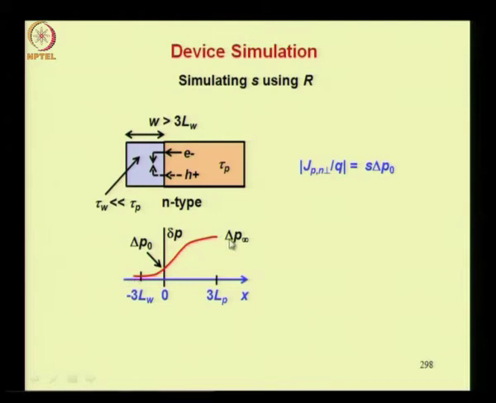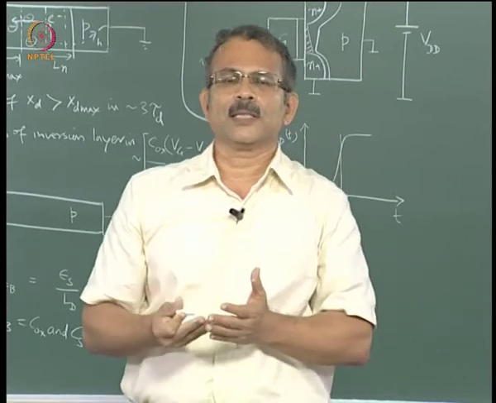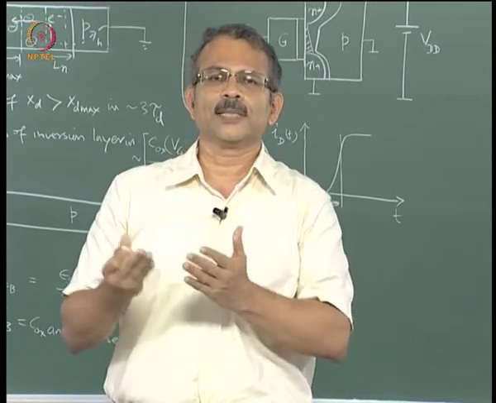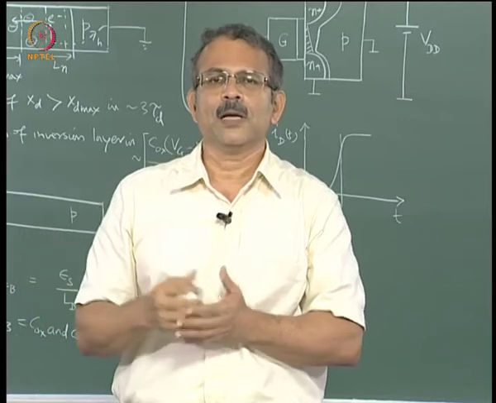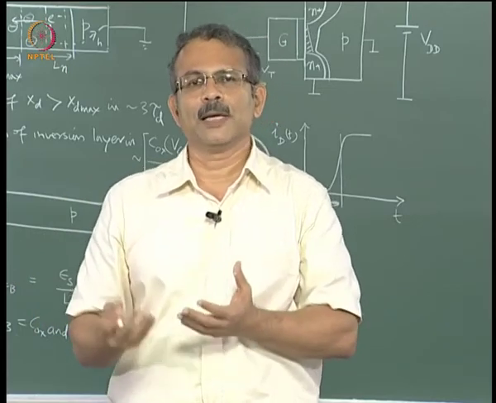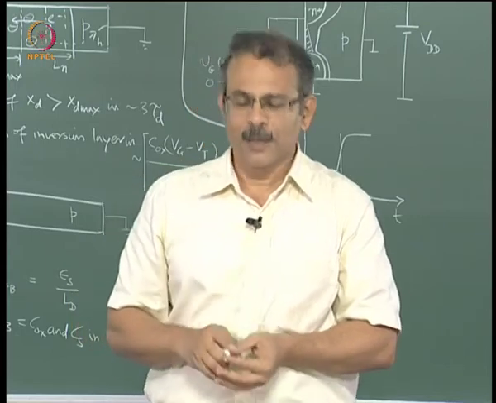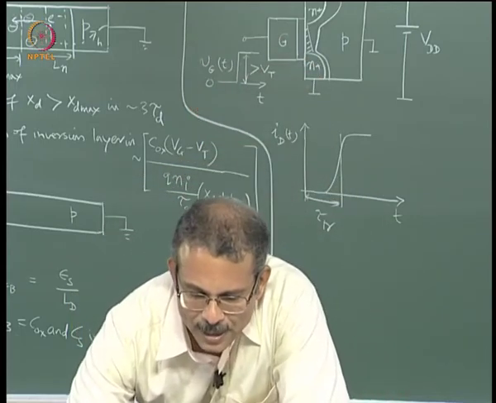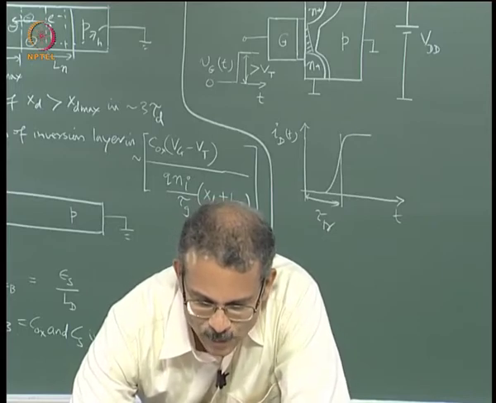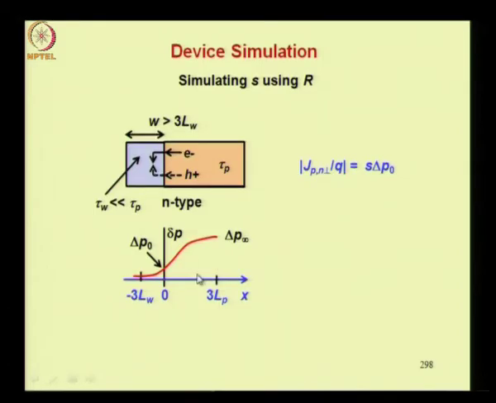Now you might like to think, why is there excess carrier concentration here at all? That really does not concern us at this point. There could be many reasons for excess carriers being present there, because it is a device. There may be injection from some other region, or there may be light being shone on the sample and therefore there is volume generation. That does not concern us, right? What we have to concern with is the effect of that. So whatever is the source of excess carriers here, please note that source of excess carriers is not there here, okay? This is simply a semiconductor extension. So here far away from this surface your excess carrier concentration will go to 0.